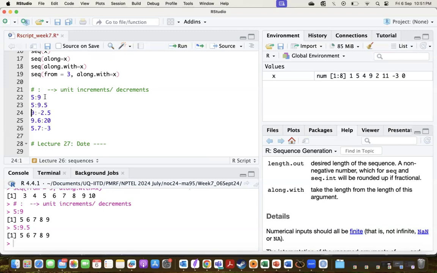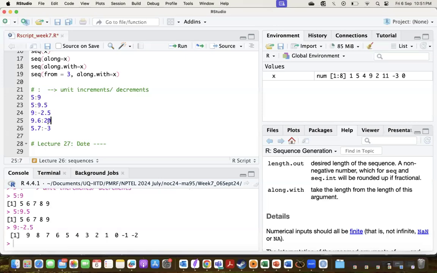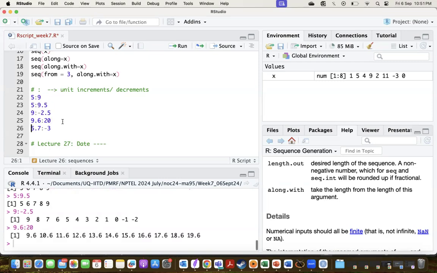You can also do it in decrements. It's going to be minus 1 from the starting point, so 9, 8, 7, 6, and so on. And of course, you can start with a decimal as well. So if I'm starting with 9.6 going up to 20, it's going to be 9.6, 10.6, 11.6 up until